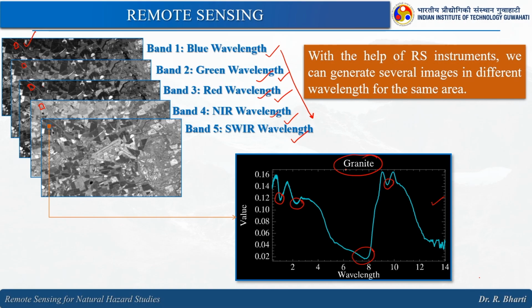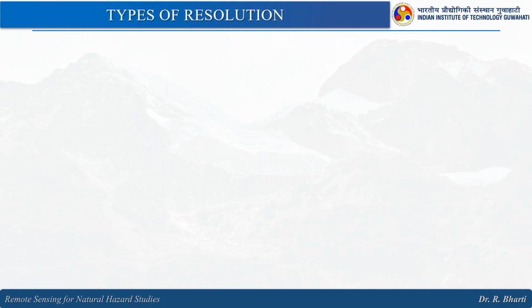So, this is the basis of remote sensing, how remote sensing is done for natural and man-made materials. These characteristic absorption features are a fingerprint of the material. So, one individual absorption feature or a set of absorption features can be considered to identify the materials in remote sensing